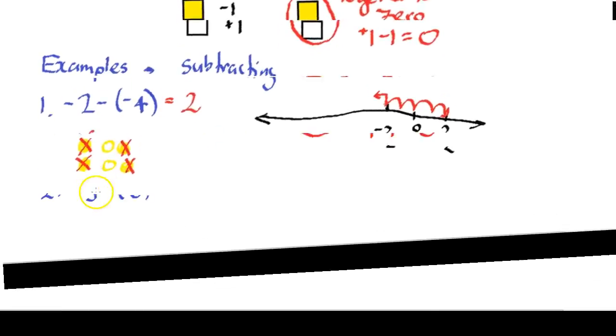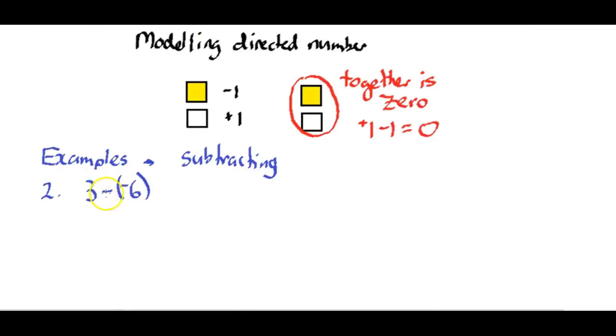In my second example, I start at 3 and I take away from my calculation area -6. Once again, I'm just going to use my sketch method and put 3 positives in. Now I have to take away from this 6 negatives, but I have no negatives at all to take away from my area. So I need to add 0 pairs until I get 6 negative counters. And you can see them, I've got 3 there already, 4,